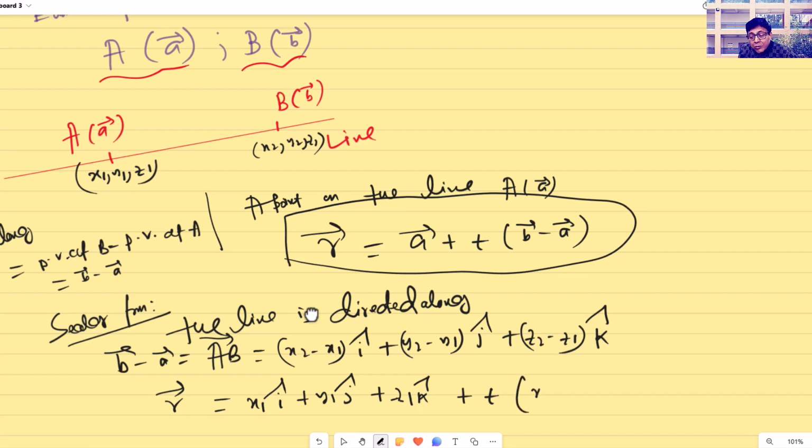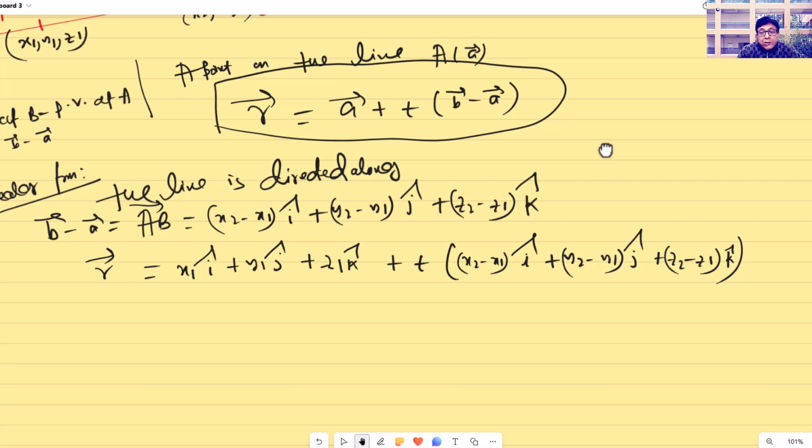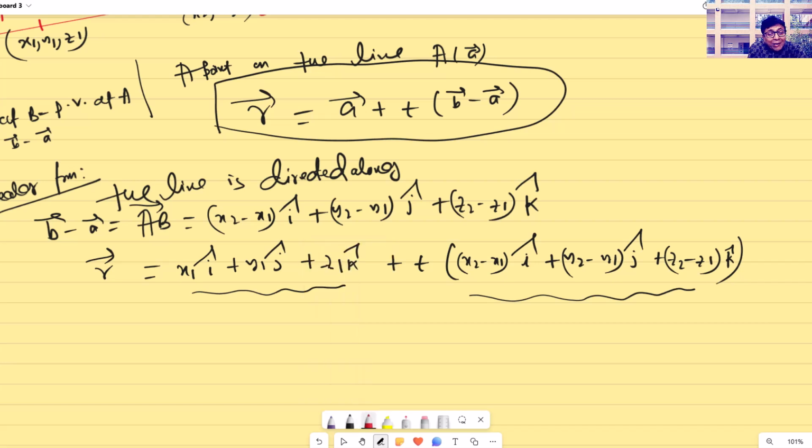So t into (x2 minus x1) i, (y2 minus y1) j, and (z2 minus z1) k. Okay? So you know a point on the line, you know the direction of the line. I told you in the previous form that vector form known means a point on it is known, x1, y1, z1, and the line directed along this vector. So scalar form going to be what? You can write its scalar form. Required scalar form will be